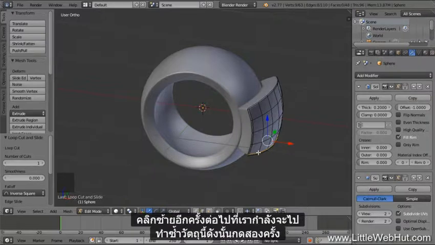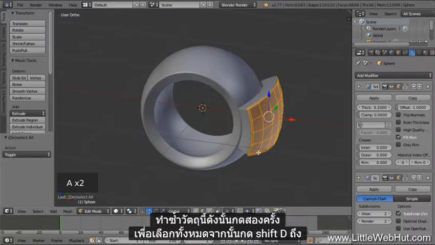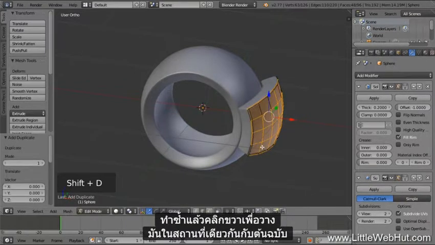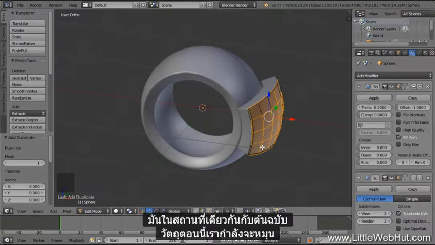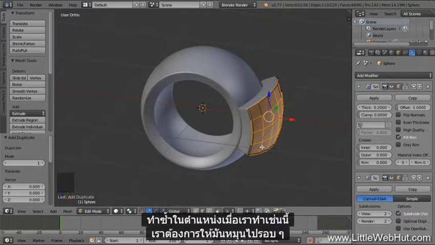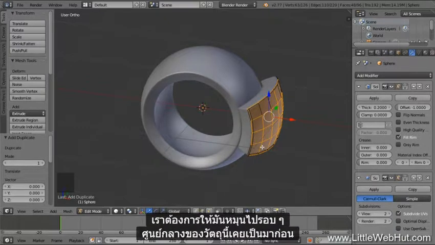Next, we're going to duplicate this object. So press A twice to select all. Then press Shift-D to duplicate, and then right-click to place it at the same location as the original object. Now we're going to rotate the duplicate into position. When we do this, we want it to rotate around where the center of this object used to be before